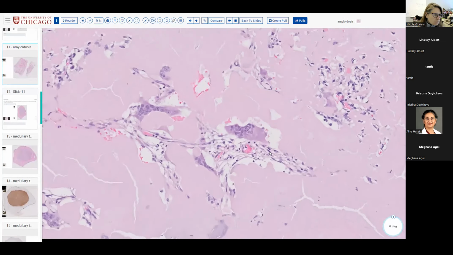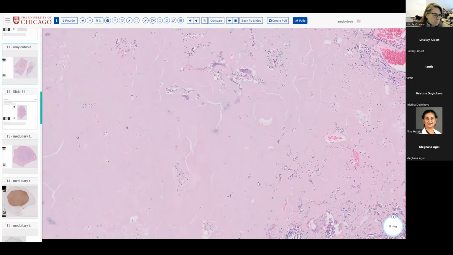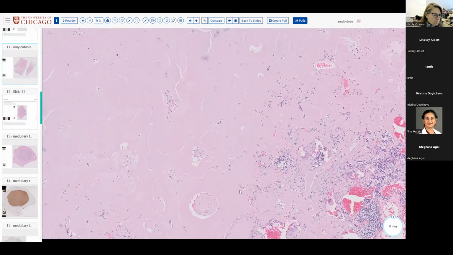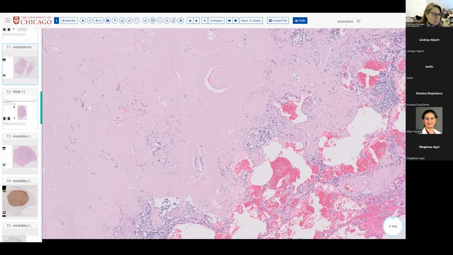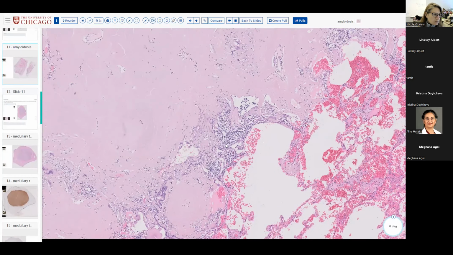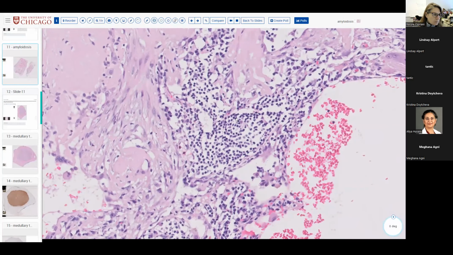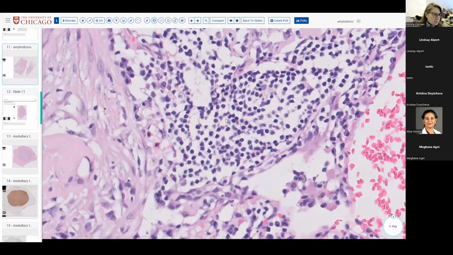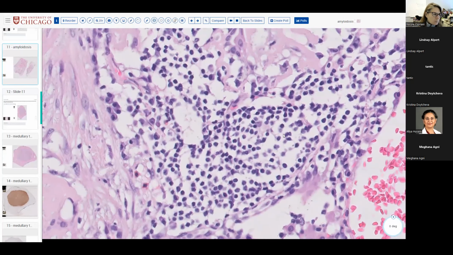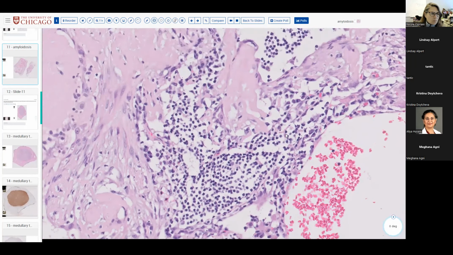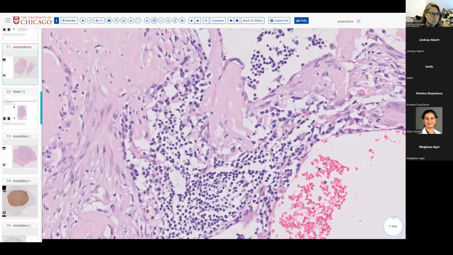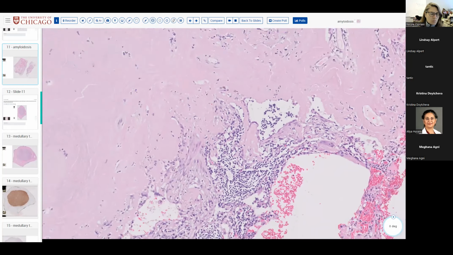So when you're looking at the nodules, the thing you have to remember is calcification is common, giant cells are common, and then you do have to look at those cells to see what's in there. What are those cellular infiltrates? And here, as you come closer, there are some lymphocytes as well as plasma cells. So when you have that many plasma cells at the periphery of the nodule, you have to think about a patient that has multiple nodules, whether there is a plasma cell